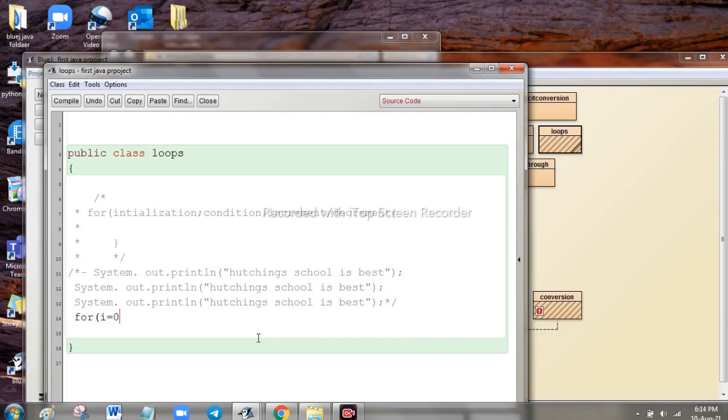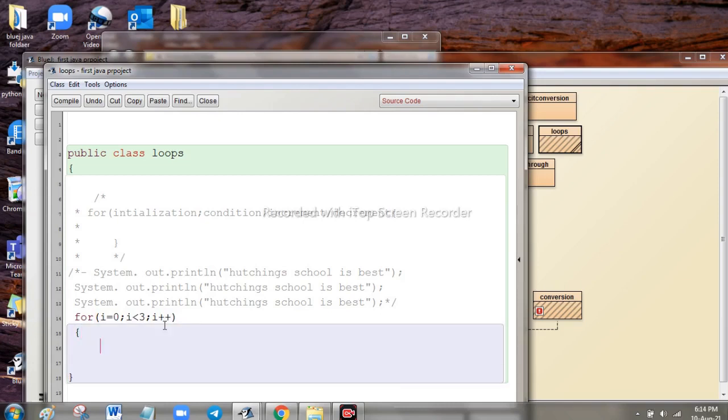int i equal to 0. I have initialized i with 0, a number. Then put a semicolon after each statement. It's important, otherwise the compiler will give you a syntax error. And the next would be the condition. So i is less than 3, and then increment or decrement, i plus plus. And here let me write System.out.println Hutchins